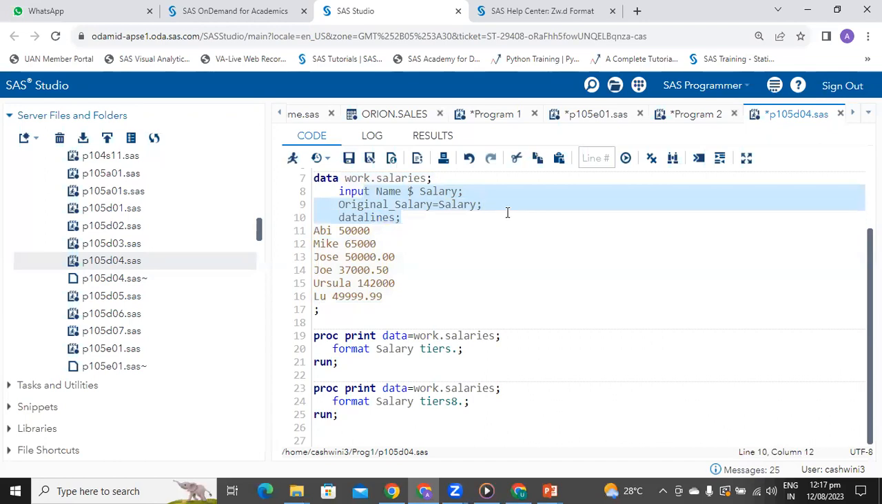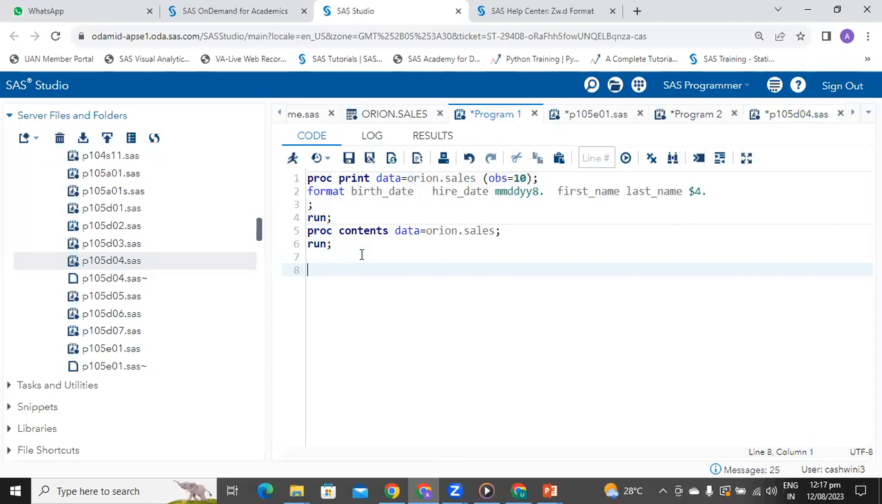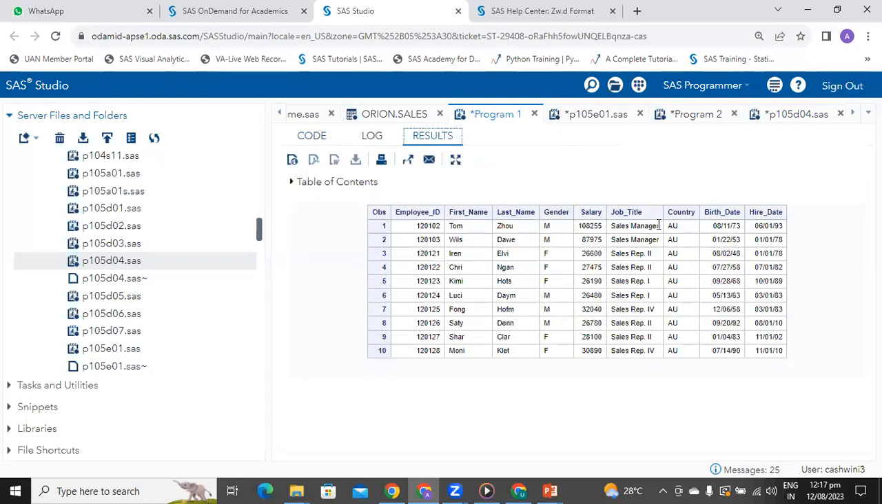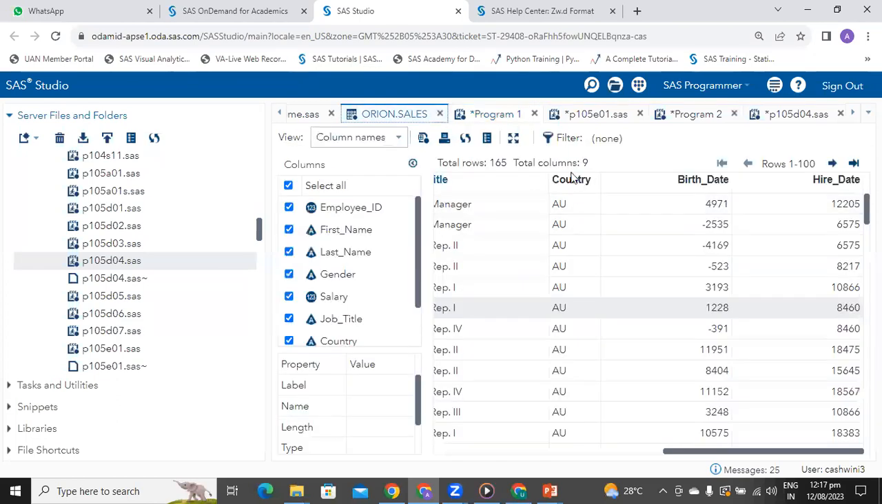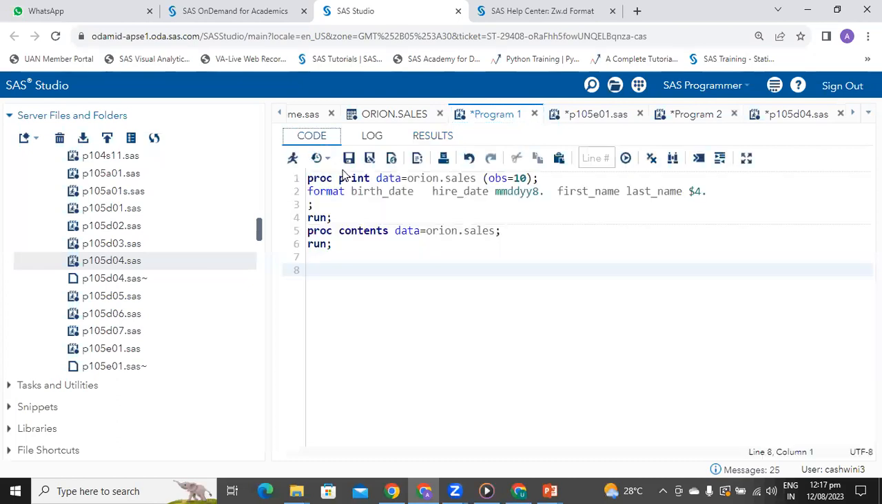But in case I want to create a new dataset from the sales dataset itself, where I want to add a new column, we know this data consists of the column salary, apart from all these 9 columns. So yes, it does have 9 columns. So how do I know? Because we had seen the contents earlier also. It has 165 rows and 9 columns. I want to create a new column on this data. So for that,